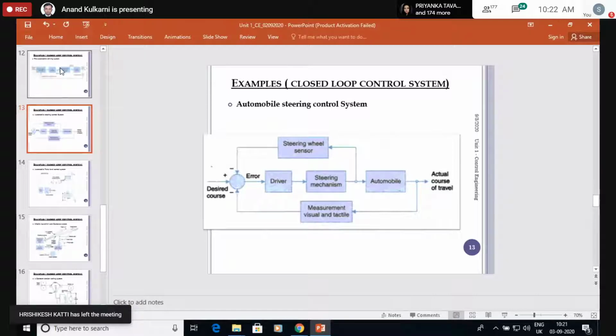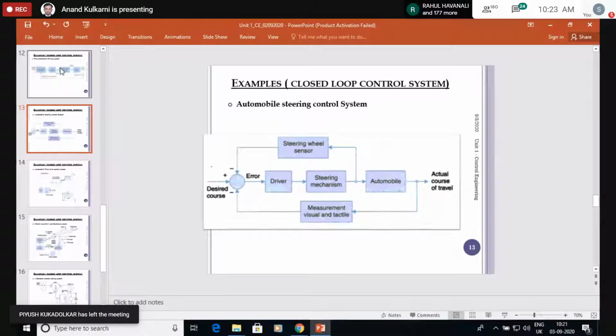So as that high value signal is given, the oven starts getting heated up. As the temperature of the oven goes on increasing, the measured value goes on increasing. The set value is 200, and suppose when the temperature of the oven becomes 100, then it is 200 minus 100, that is 100 degrees centigrade.